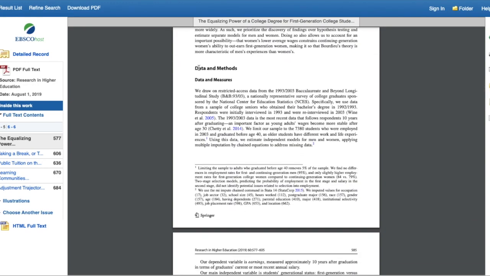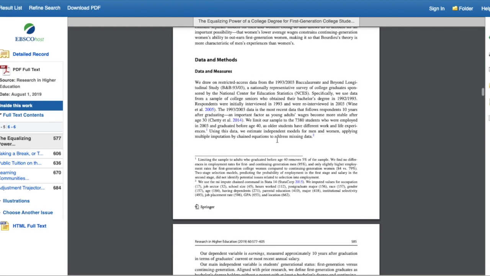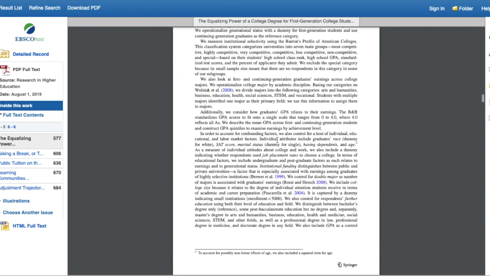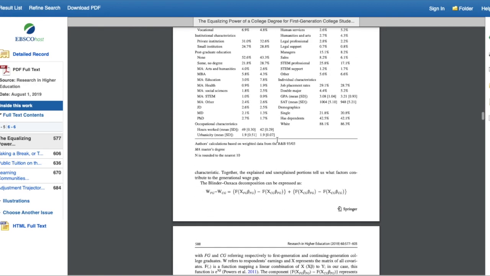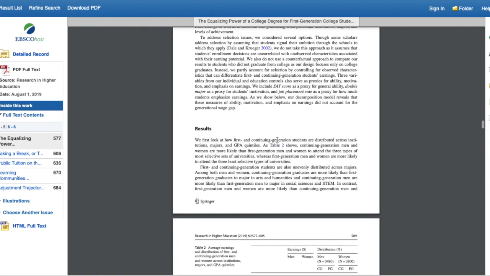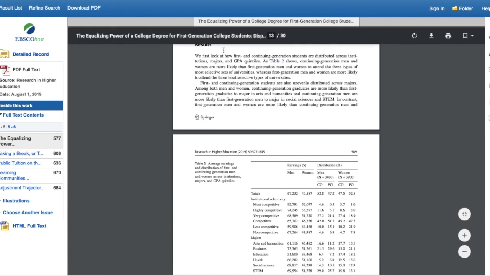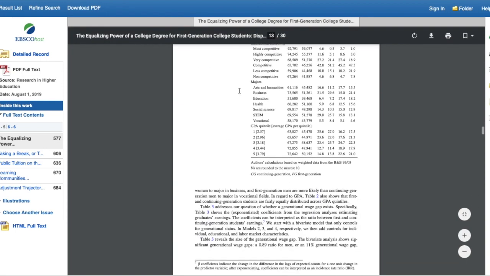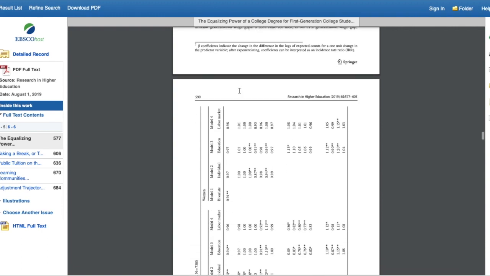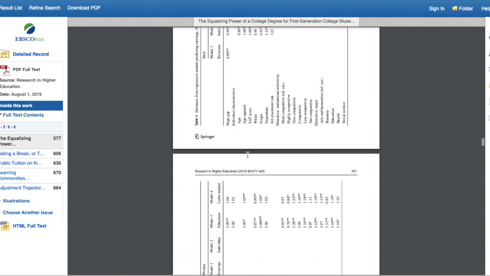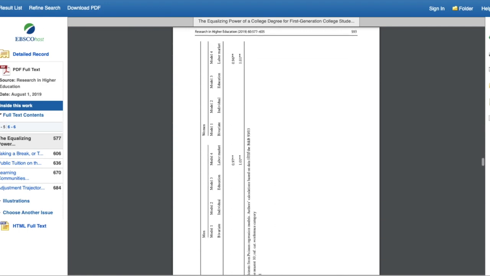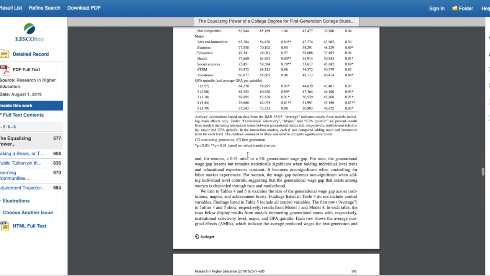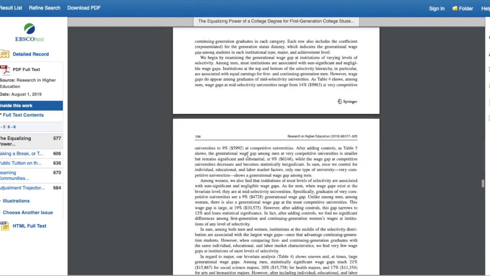Next, we're at the data and methods section. This will describe how they carried out the research and where they got their data. There are a lot of tables. The results section will also be filled with charts, graphs, and a lot of statistical analysis. The good thing is you don't have to read this too closely or really understand any of the tables at all. The important part follows the results section,